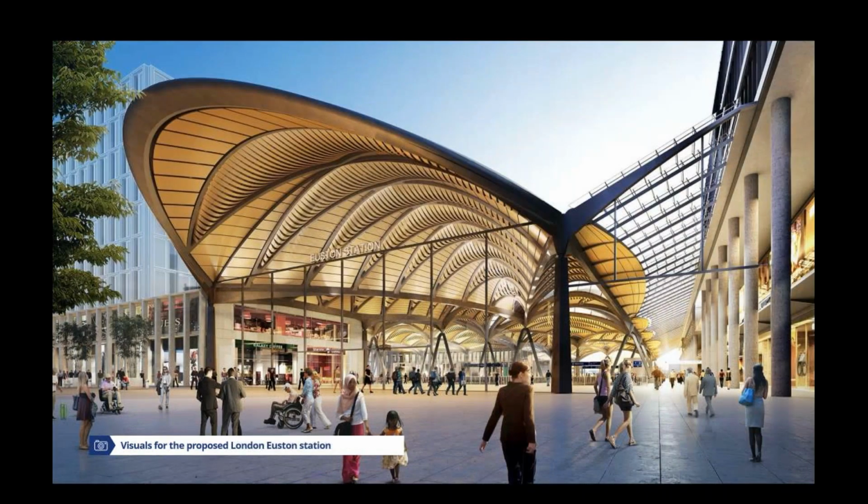We also have London Euston Station, which is the most complex in terms of stakeholder interfaces and complexity of working alongside the existing station. Both Birmingham Curzon Street and London Euston present a fairly unique challenge for track system design, because we're also intending at these locations to discharge toilet waste from rolling stock, because the rolling stock on HS2 will be the first operational fleet in the UK to include bioreactor toilet technology, where we're actually treating the waste